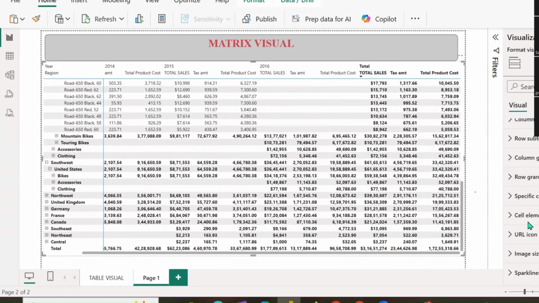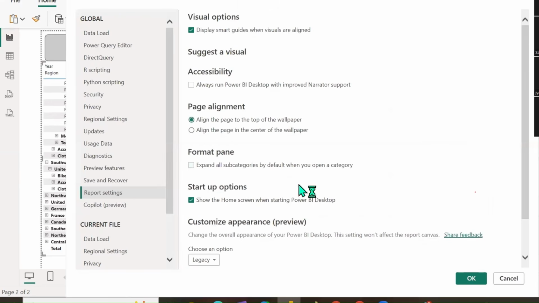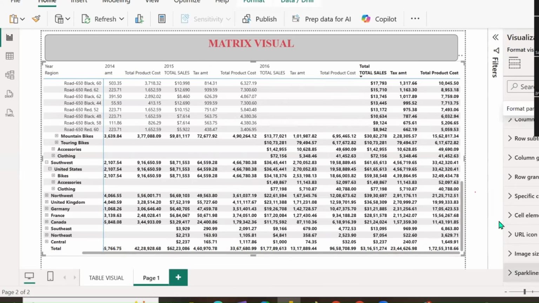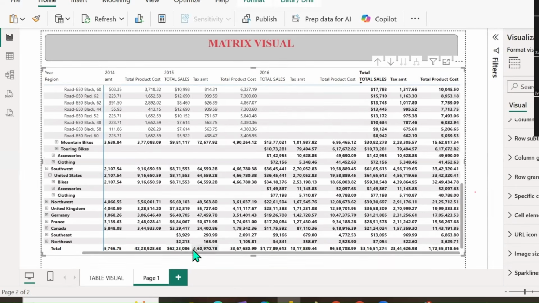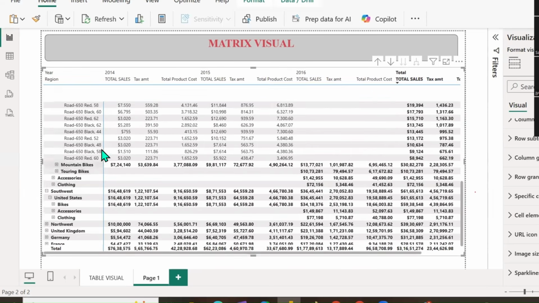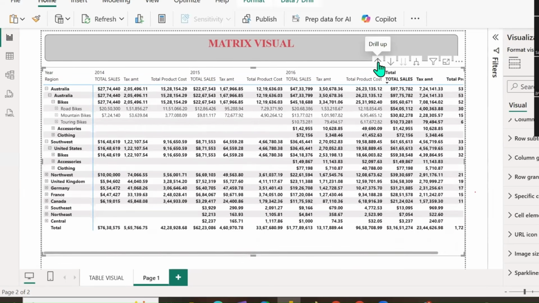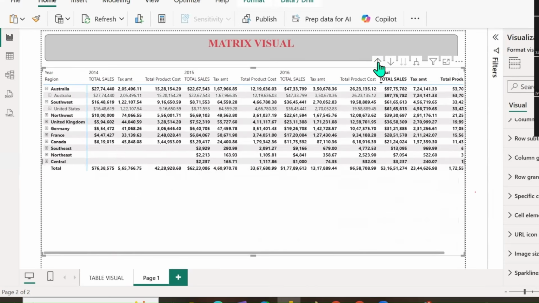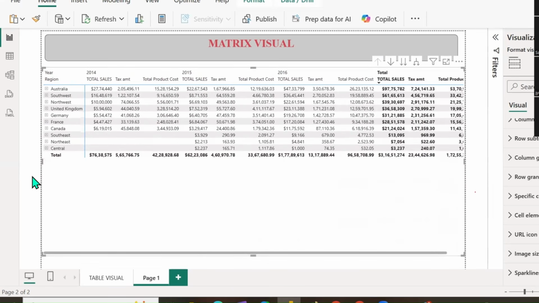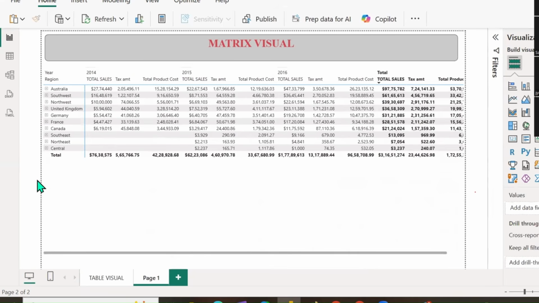More options. If I click on more options, let's see what we are going to get. Okay, so this is what we have. Just ignore this. And the next one. So what do we have in here? Okay, next options, let me click on drill up. We can also do the drill up and drill down by right clicking on the first